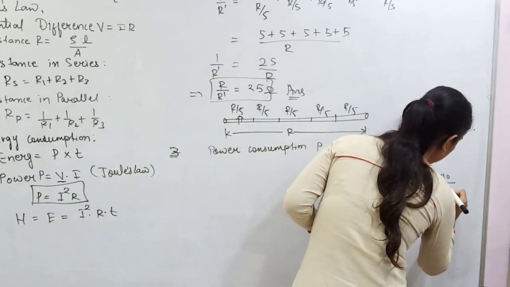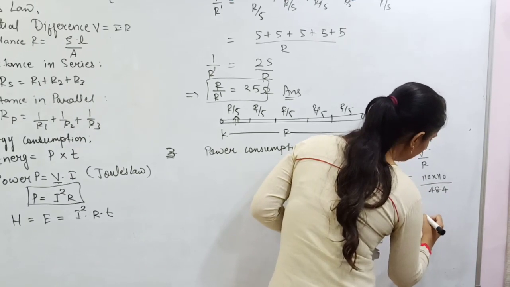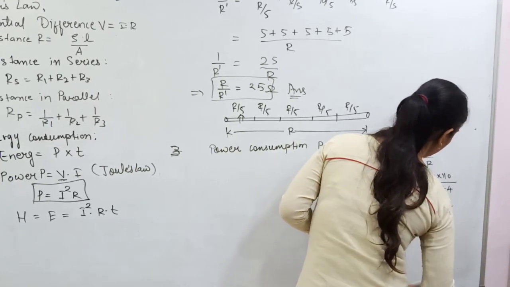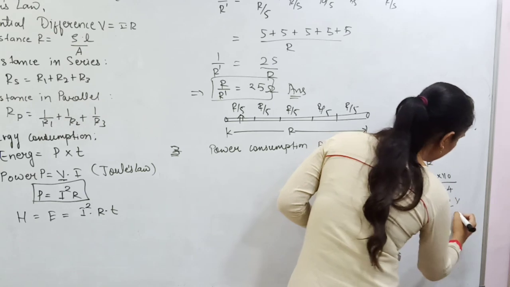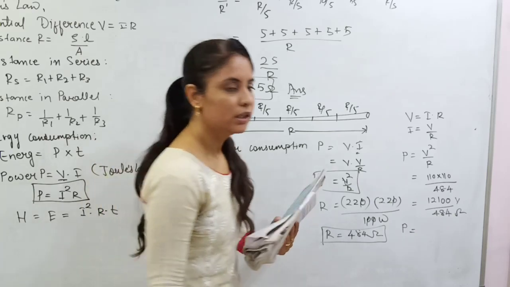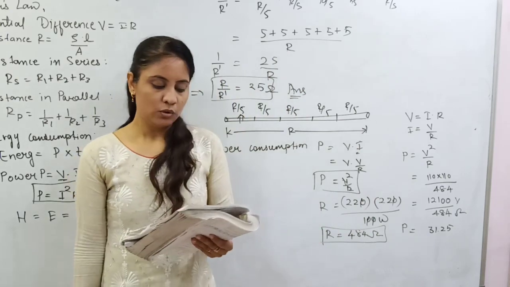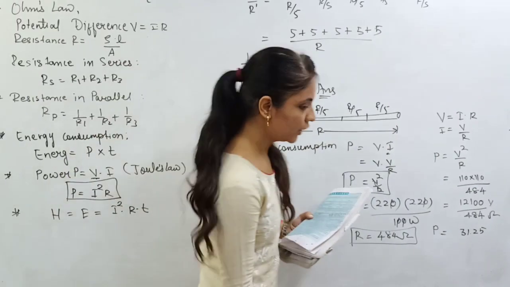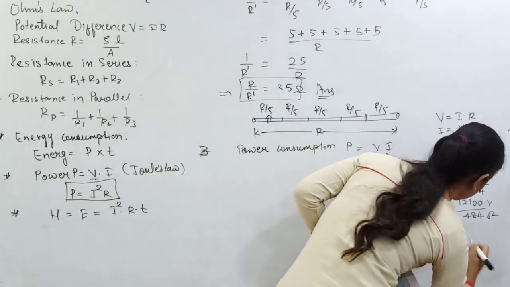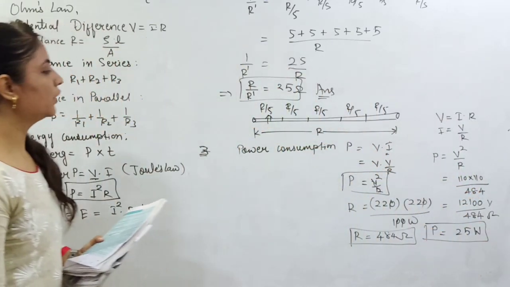What is the value of R? That is 484 ohm. So if you do this multiplication, it will be 11 multiplied by 11, that is 12100 divided by 484. So P, that is in watt, and R, that is in ohm. If you just multiply this, you are able to get the answer, that is around 31.25. Okay, so next question, if you do this, your answer will be 25 watt. Okay, so that's your third question, everyone.